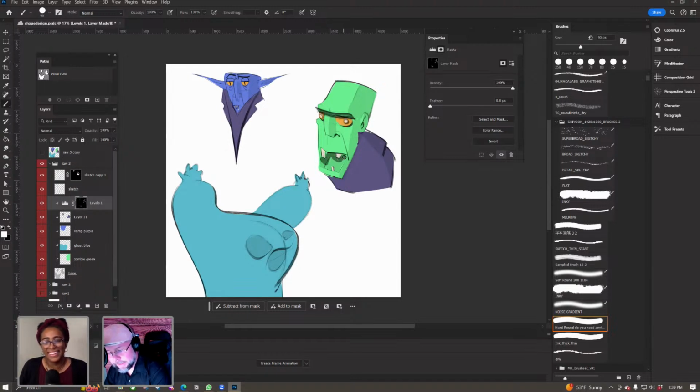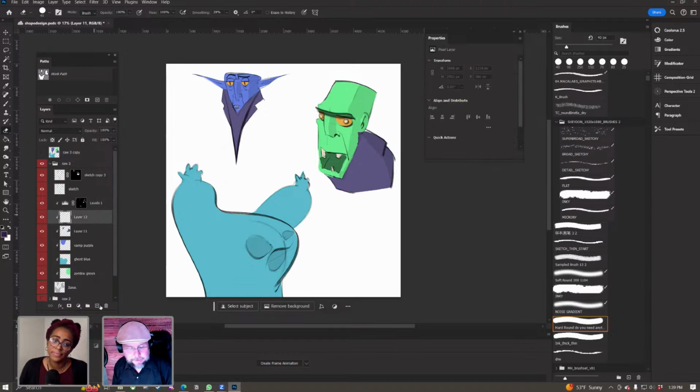And so I can come in and bring the shading in. This is going to be a little sloppy, but if I wanted to make the inside of his mouth red, I could make a layer under this clipping mask, and I could just choose a red, and it's going to pick up that shadow. No matter if I use a hot pink or anything, it's still going to do shadow. Let's give him some blood on his teeth. But check this out. It's underneath the levels. If I take this color here and bring it above it, it automatically removes the shadow from it. Does that make sense? Did I answer your question?